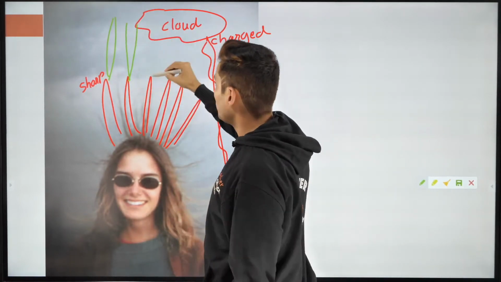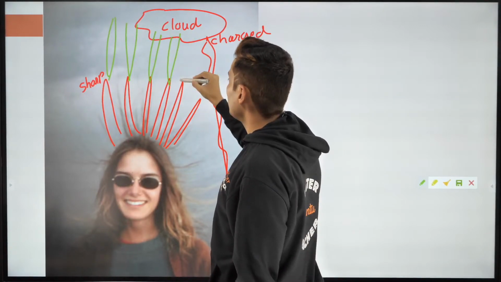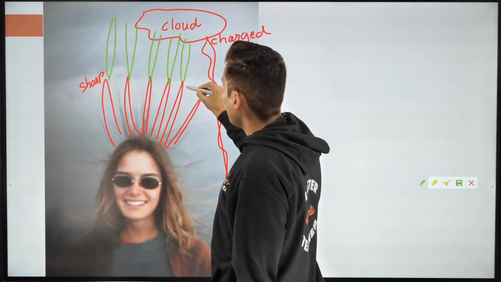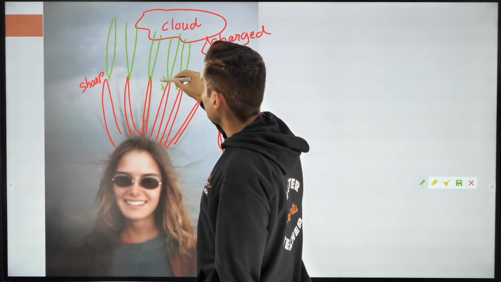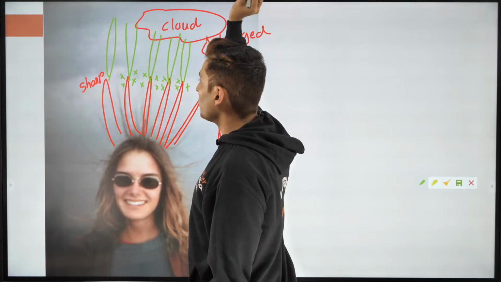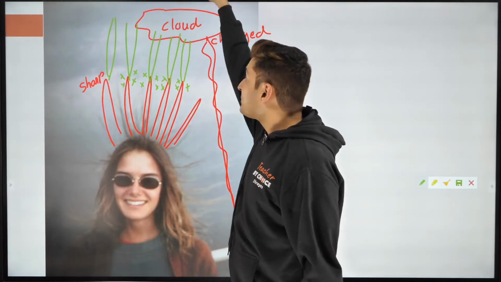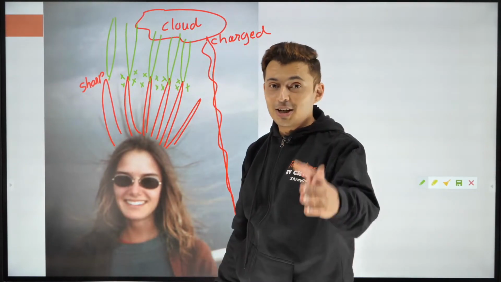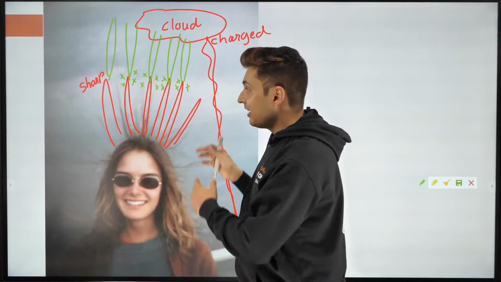They start from here and go till the cloud. Very sharp. The charges are accumulated on the tip of her hair. You can see that. The charges want to go. They want to fly off because they're waiting for that discharge from the cloud. So that's why her hair is standing.